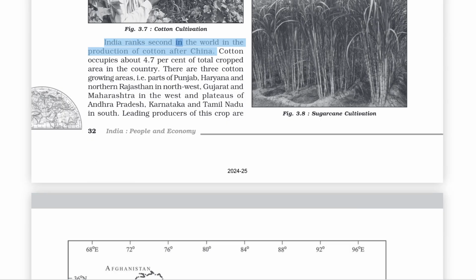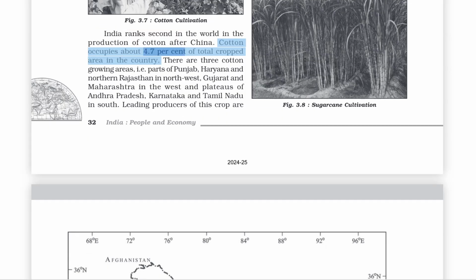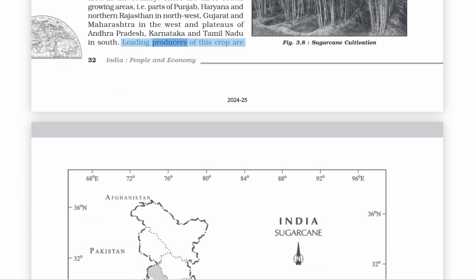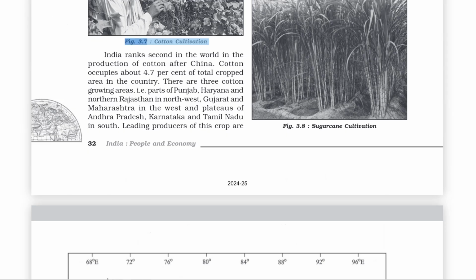India ranks second in the world in the production of cotton after China. Cotton occupies about 4.7% of total cropped area in the country. There are 3 cotton growing areas, i.e. parts of Punjab, Haryana and northern Rajasthan in northwest, Gujarat and Maharashtra in the west and plateaus of Andhra Pradesh, Karnataka and Tamil Nadu in south. Leading producers of this crop are